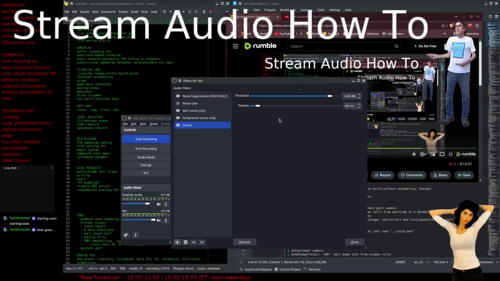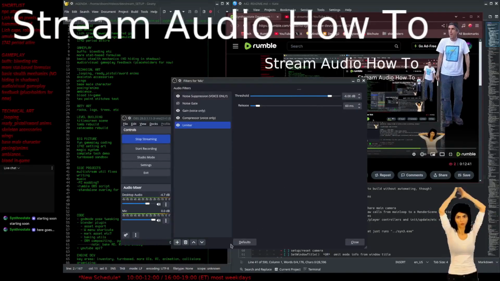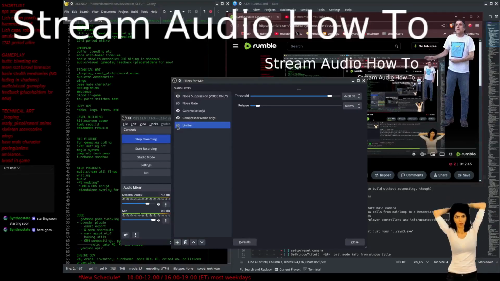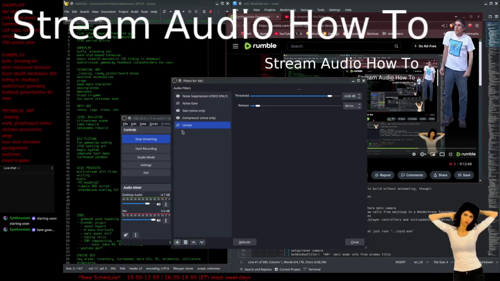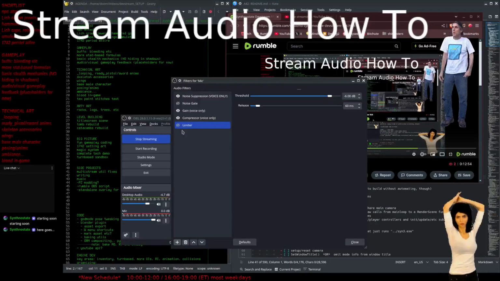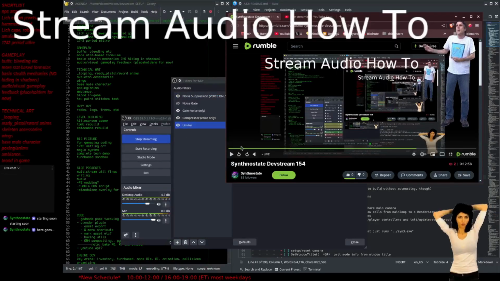Last of all, you have a limiter. These are the default settings. So if I turn that off, you'll see what happens. If I yell into the microphone, it's going to go up. Well, it could go up into the red, you see? And that's probably going to sound like shit. So let's go listen back.